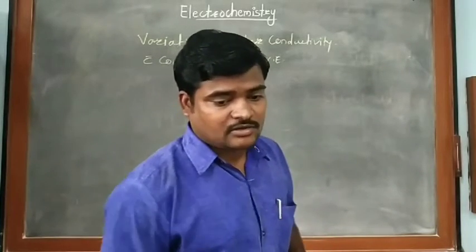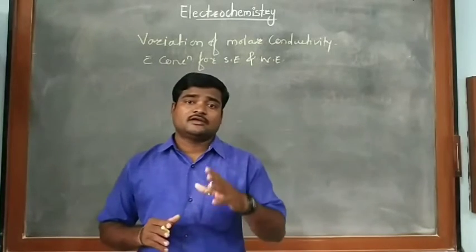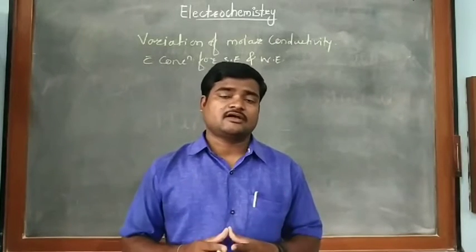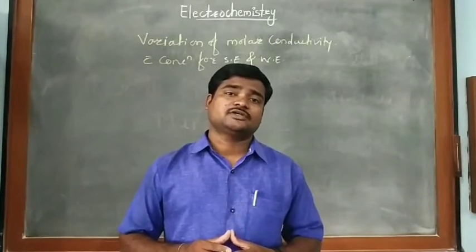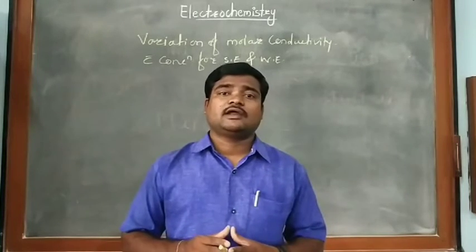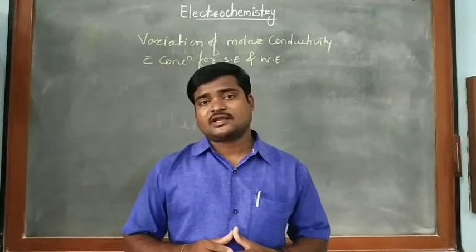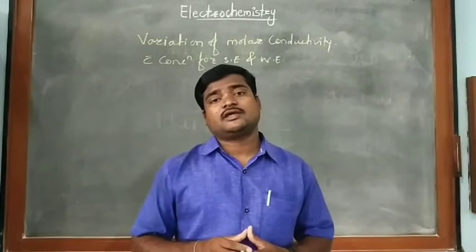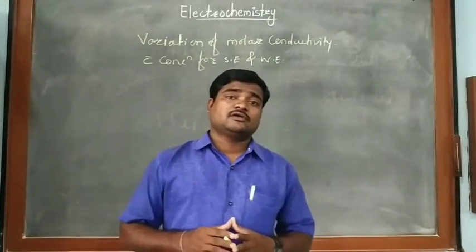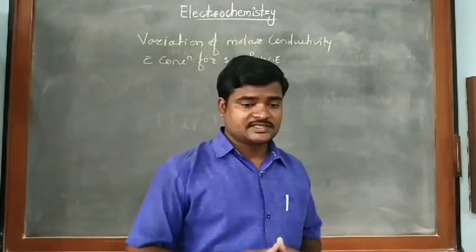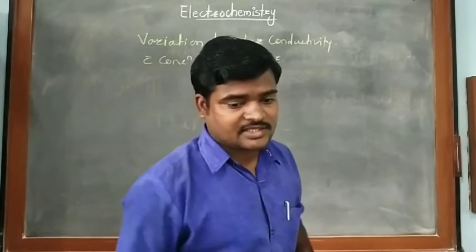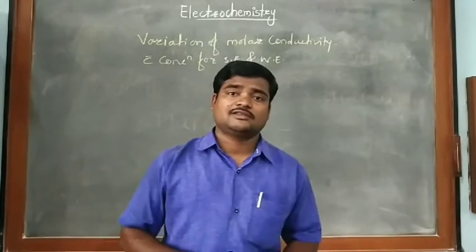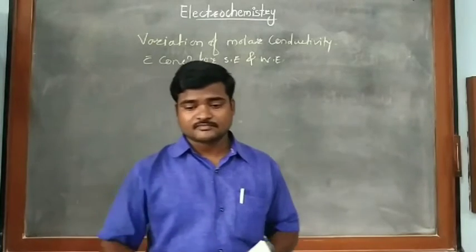As the dilution of an electrolytic solution increases, it may be a strong acid, strong base, etc. For example, in the place of strong electrolytes, we can take a strong acid, we can take a strong base. So on dilution, the number of ions increases, the dissociation of the electrolyte increases, hence the total number of ions also increases. Therefore the molar conductivity, that is lambda, also increases.